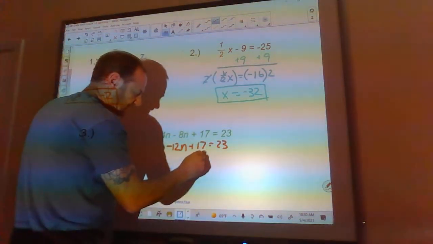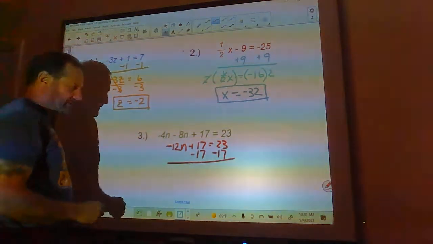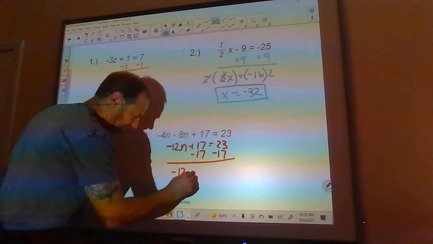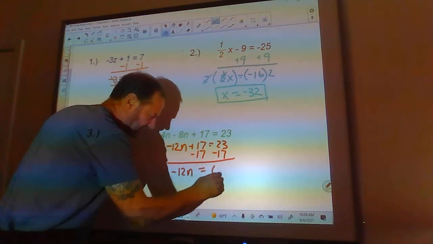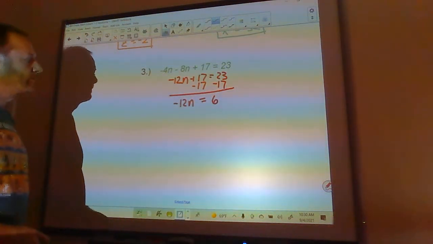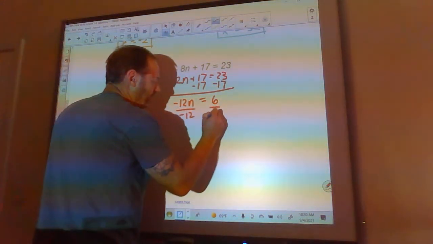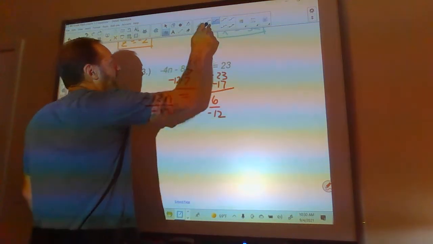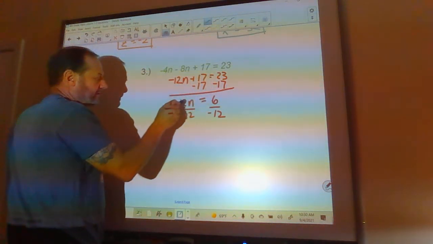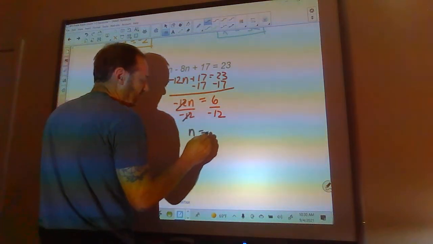So now I subtract 17 from both sides to work on getting the n by itself, and I get -12n equals 6. And now I'm going to divide by -12. Let's switch the color up here so that it stands out. The -12 cancels the -12 here, and I get n equals